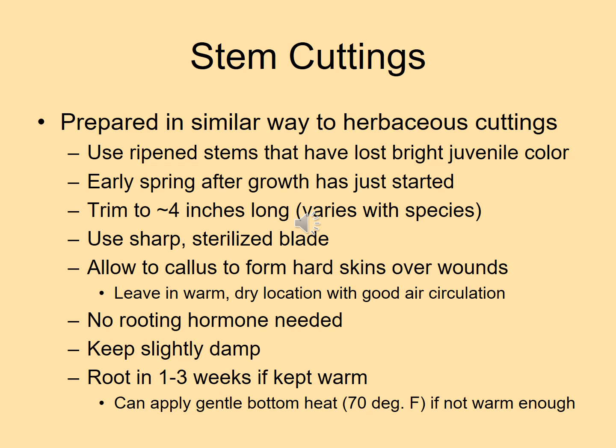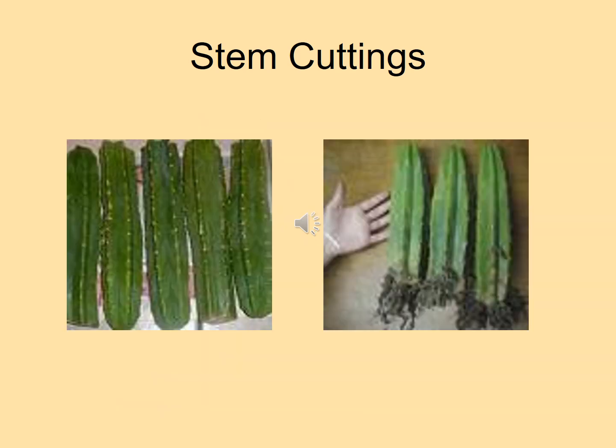So you don't want to put that big wet cut wound directly into media, because then it might rot. Usually you don't need a rooting hormone. Keep the media slightly moist using the media recipes already mentioned. And in a few weeks, and if you've got some bottom heat, even better, it will form roots off of that cut section. A couple of pictures of columnar cacti